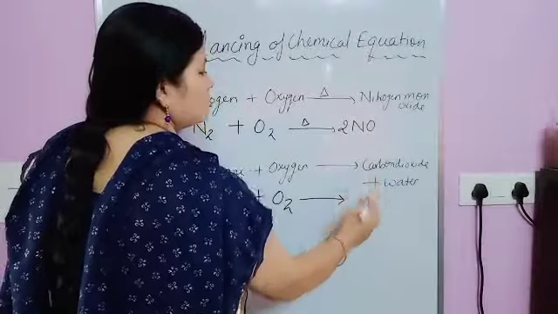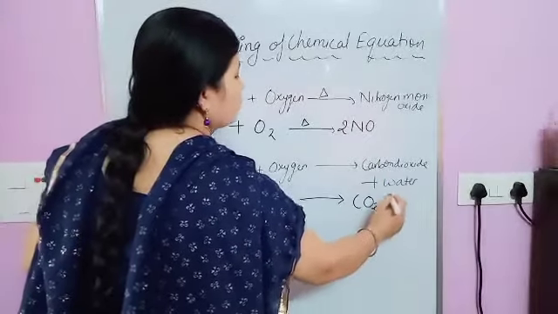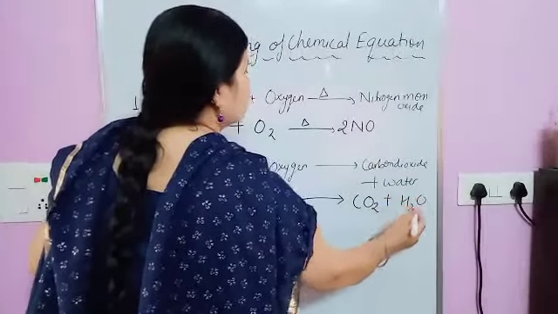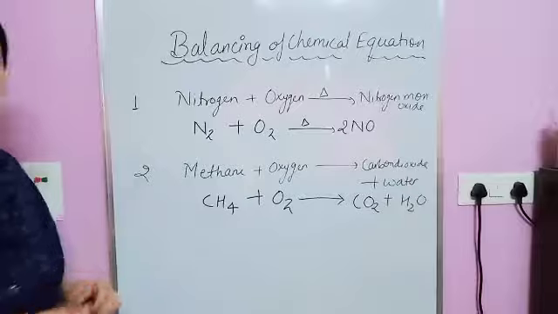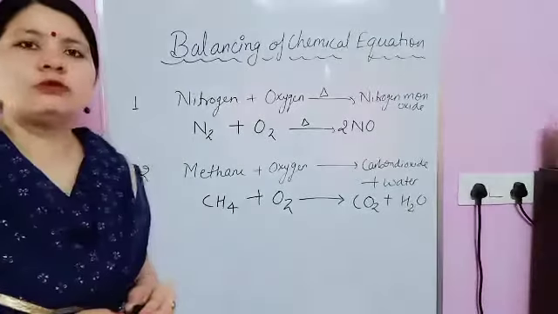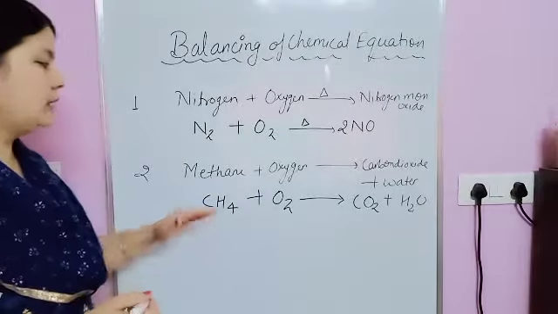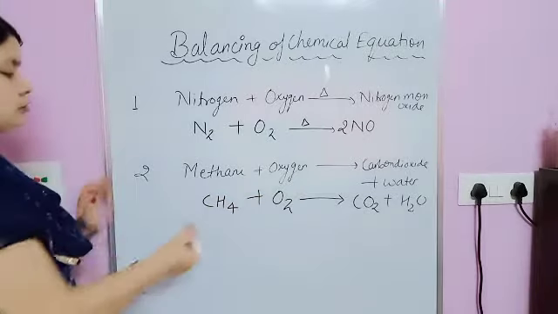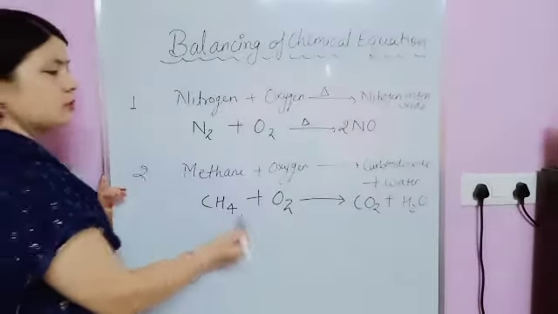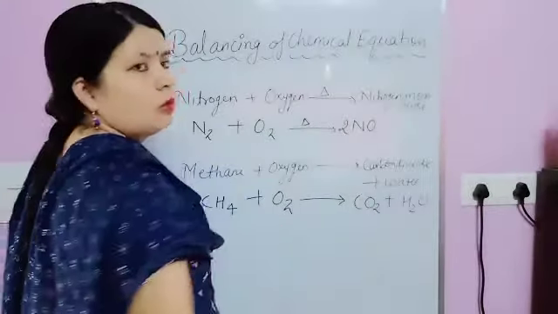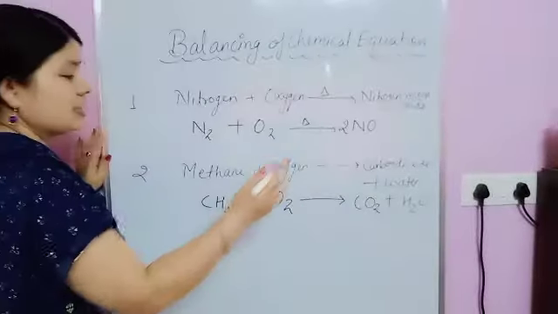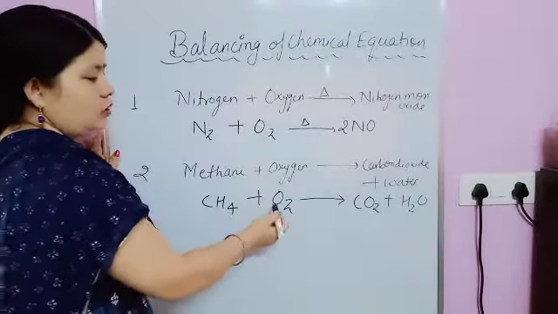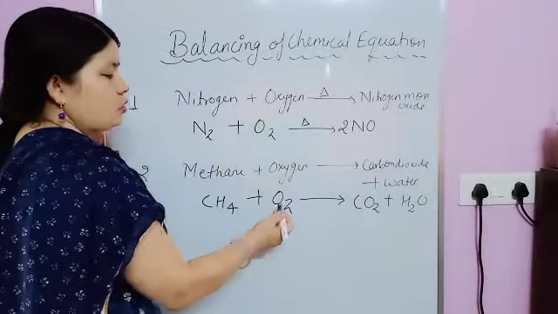Now here this one is carbon dioxide, here this one is H2O. Now check, कोई भी मेटल नहीं है, सारे नॉन मेटल्स हैं, तो will follow same thing. मेटल के बाद नॉन मेटल except oxygen and hydrogen. Now in this one first of all balance carbon. Here carbon is 1, here is also 1, no need to balance. Now second, after that nothing is there, oxygen and hydrogen, so first of all balance oxygen.